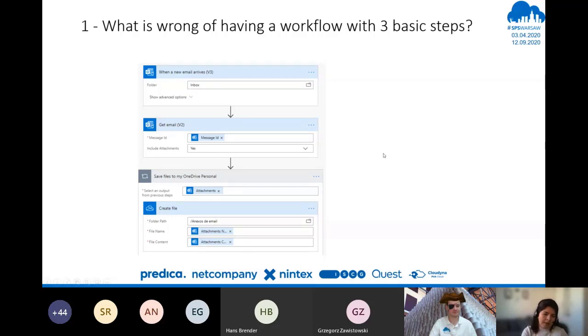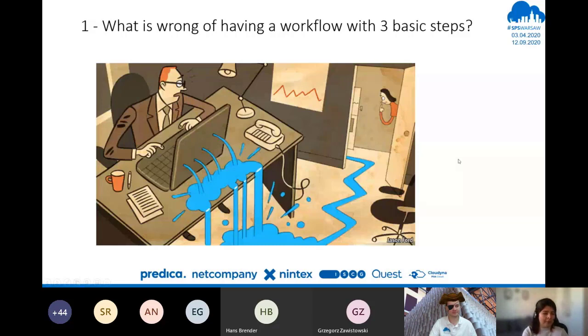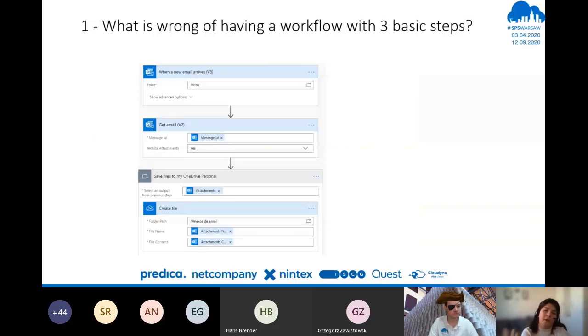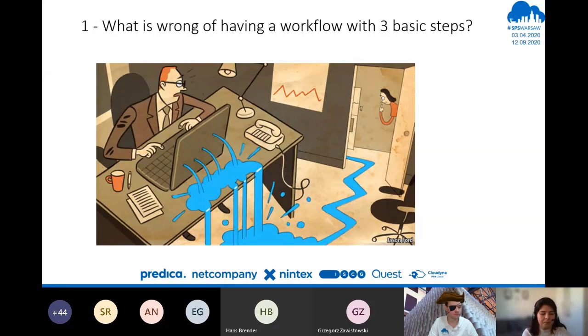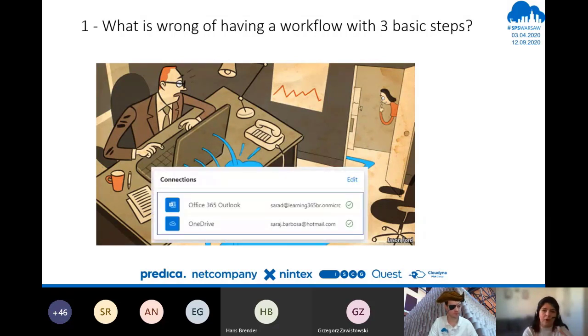It depends on the company, of course, on your normatives, your security rules, and so on. You can have some information going out of your company, and it can be business data. And then you don't know, and somebody will ask you in the end, because even if we are not responsible or not taking care, probably in the end they are going to find us because we are the global admins, the ones taking care of the Microsoft 365 environment. So when you have a workflow with 3 steps like that and you don't know that people are using it, you can have this issue in your company. Maybe people are moving sensitive information out of your organization, or saving it in their own personal drive. That's why this workflow, where there is nothing wrong,